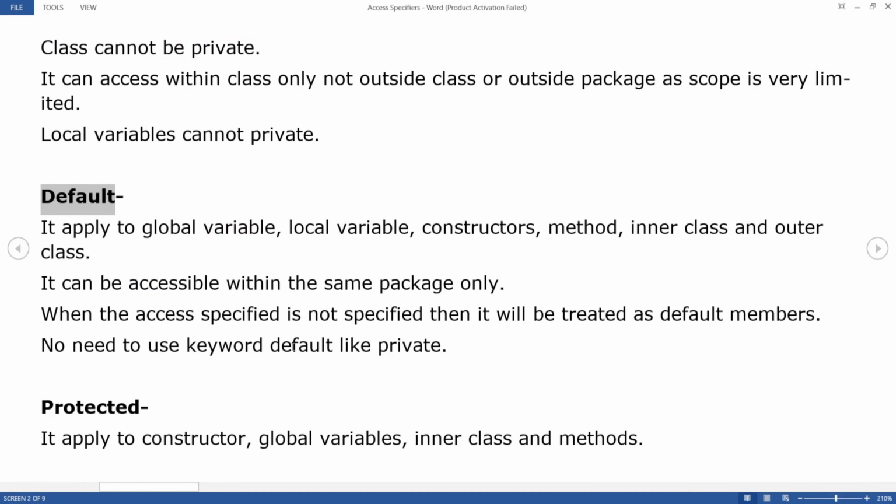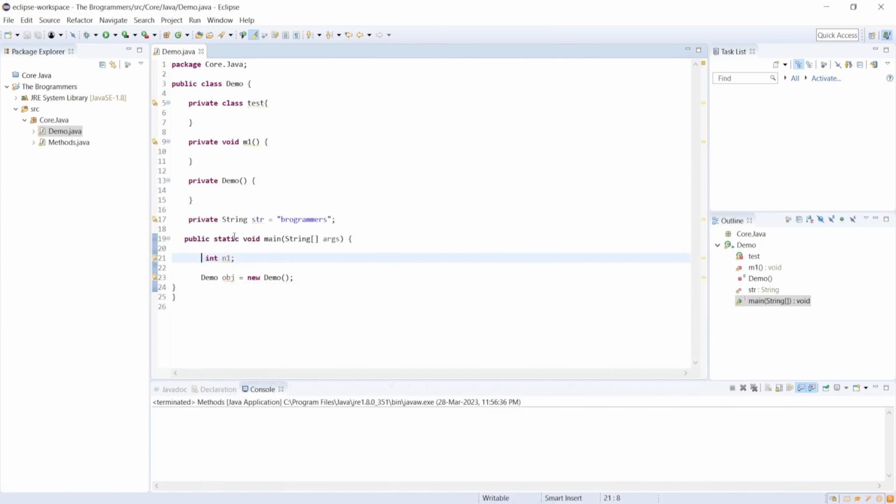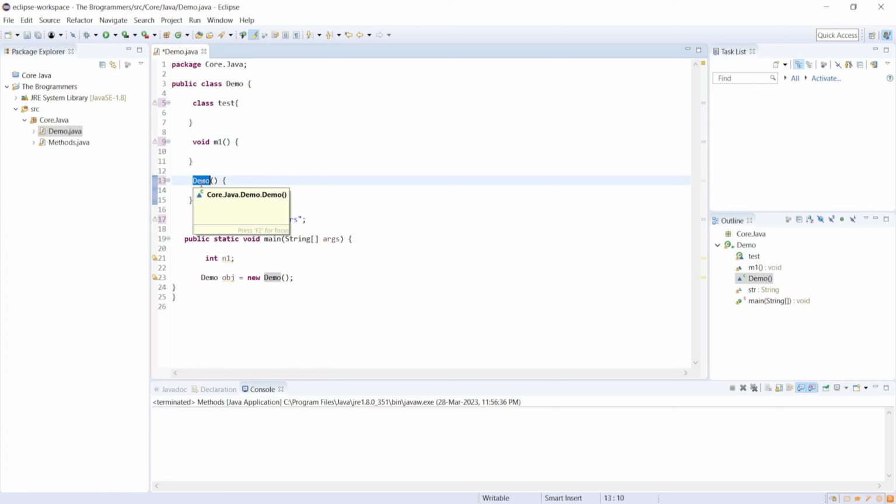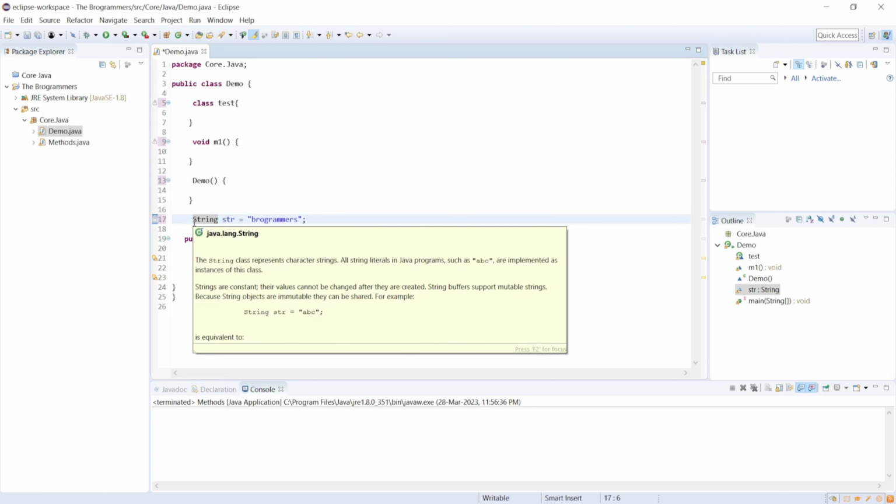No need to use the keyword default, like private. So if I want to make this class default, no need to use the default keyword, same as we have used for the private. So if I write like this, it means this inner class is a default class, this m1 method is also a default m1 method, this constructor is also default, and the string global variable is also default. So no need to write the default keyword before declaring anything inside the class, right? Now